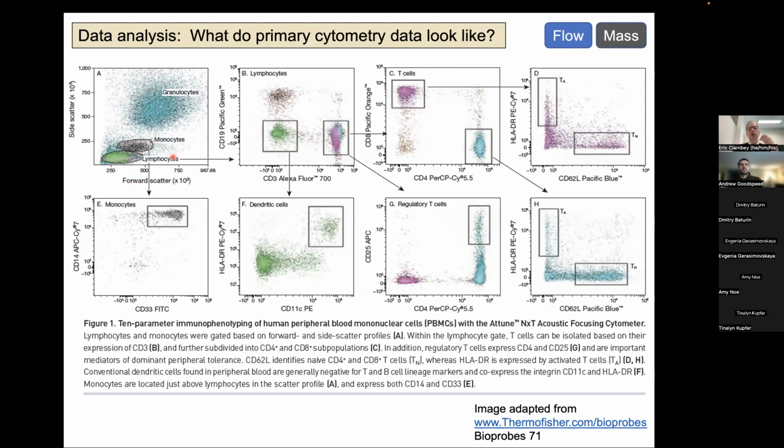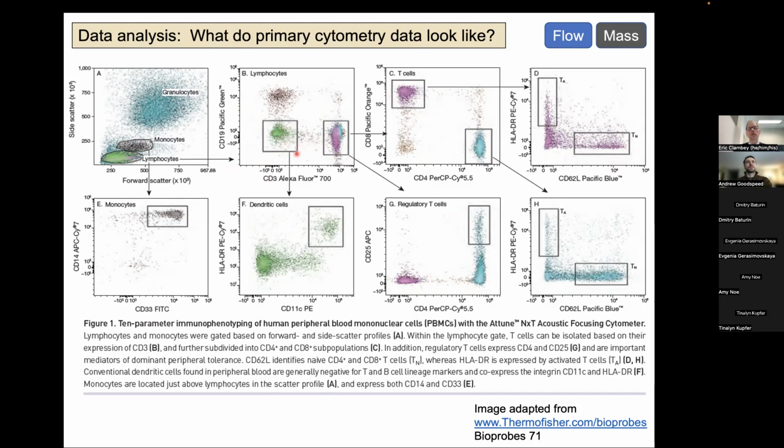And if you want to query the expression of different proteins on lymphocytes, which have smaller cell size or forward scatter, and smaller granularity properties or side scatter, in flow cytometry software, you can draw a polygon around this and tell the software, I only want to look at those cells. And when you do that, this panel is allowing you to only focus your attention on the green cells here, and then querying expression for CD3, a cell surface protein, on the x-axis versus CD19.